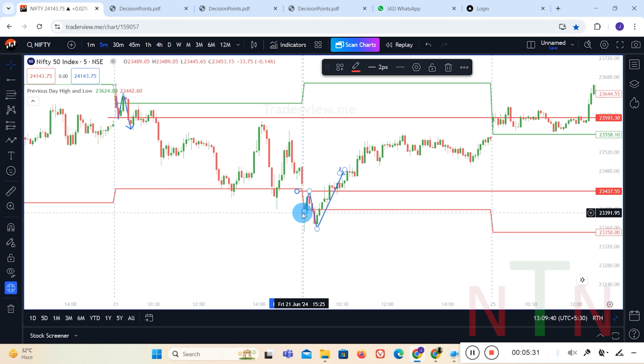Also you see, you get the direction. Still the open price it didn't break. Once it broke the open price, a swing has come. So today's first swing is that low, and this would be your stop loss.